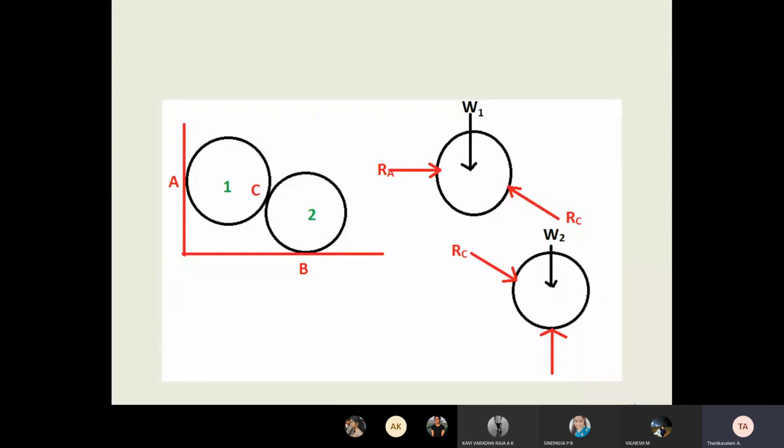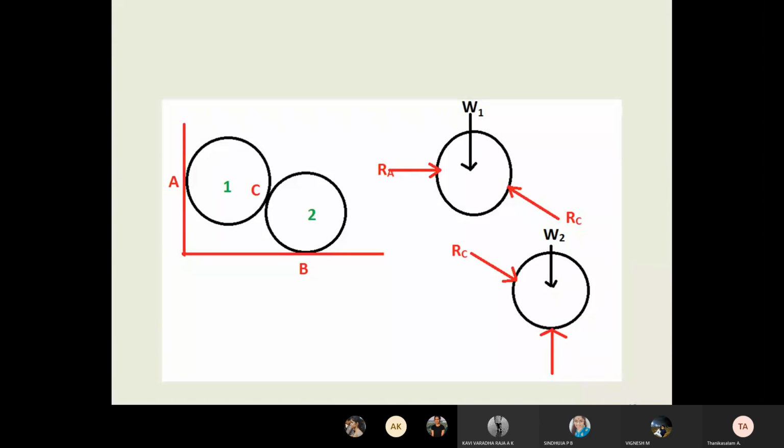Similarly, you take out ball 2. Now the ball 2 is not touching at B and touching at C. The ball has weight, which is vertically downward. It is touching at B, therefore the reaction RB is upward. I did not mark it here, RB upward. Similarly, ball 2 is touching at C, so the ball is touching the inclined left side. Therefore the reaction is also on the right side here, the inclined.